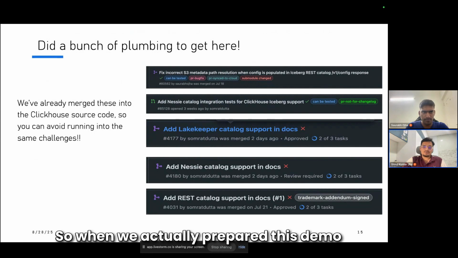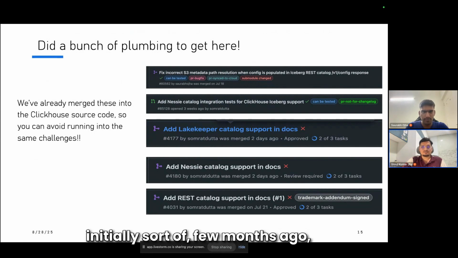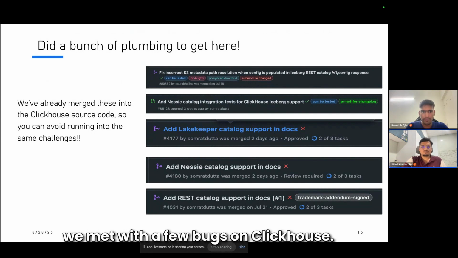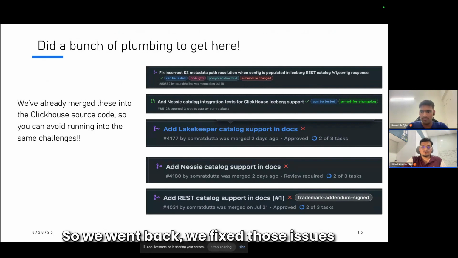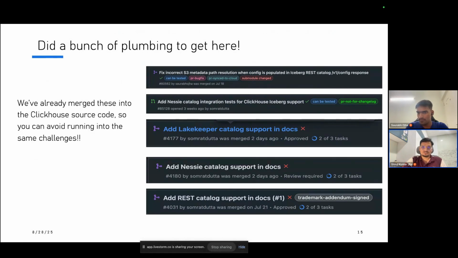When we prepared this demo initially, a few months ago, we met with a few bugs on ClickHouse. Some documentation was not available. So we went back and fixed those issues in the ClickHouse source code. The bug you see on the top, it's merged.